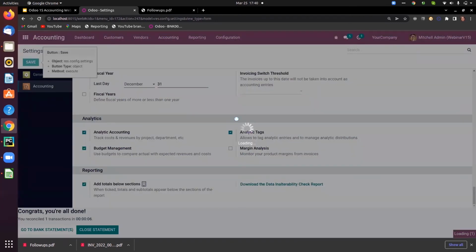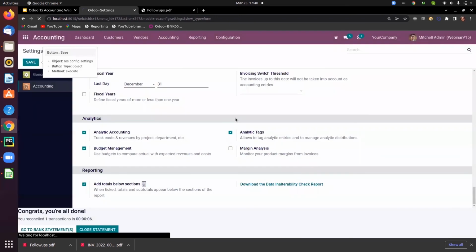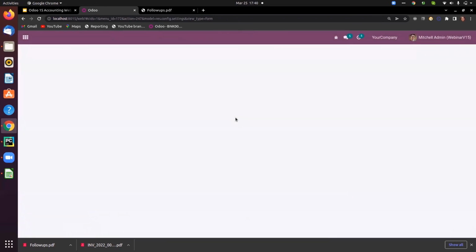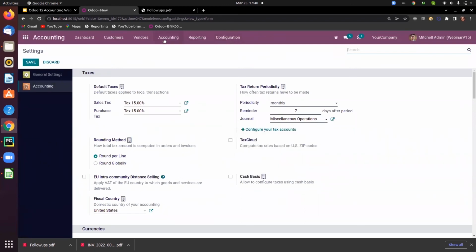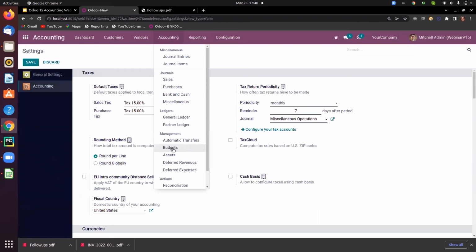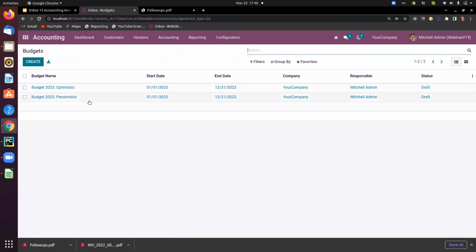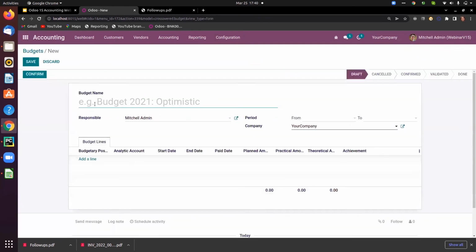So using proper budget management, the company can concentrate on improving the company's profit and cash flow. So from accounting, then go to budgets. Here you can find the two existing budgets. Let me create one, that is